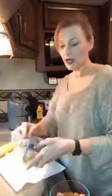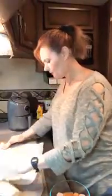Whoop. Move these out of the way. Gotta have plenty of room. But I like the extra salt and pepper in there. I like the extra stuff. So y'all can see that I have this fairly thin at this point. So it's nice and thin. And I'm gonna just take